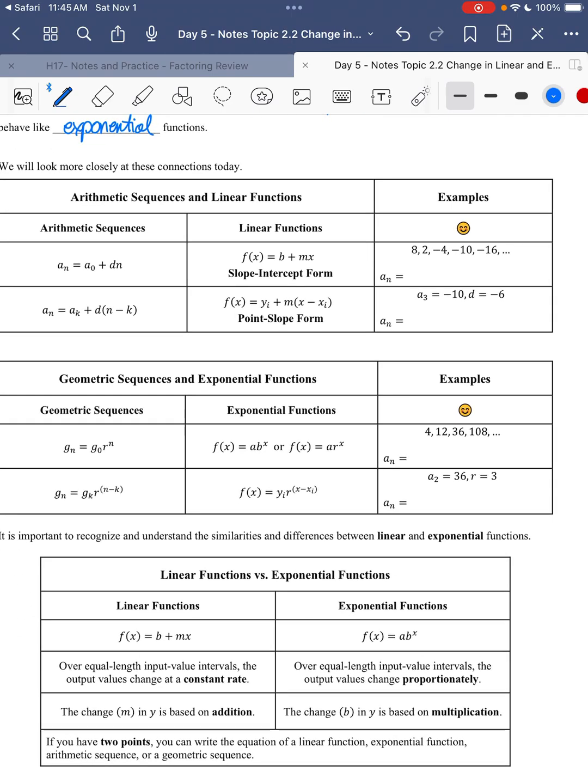Remember how you have an equation of a line, right? An equation of a line like this has a y-intercept and a slope. Well, that's the same thing as your initial value and your common difference here. You already know how to write the equation of a line because you know, hey, it starts at 8 and it's going down 6 every time. So if you knew that about a line, you would write 8 minus 6x, but in our case, we're writing